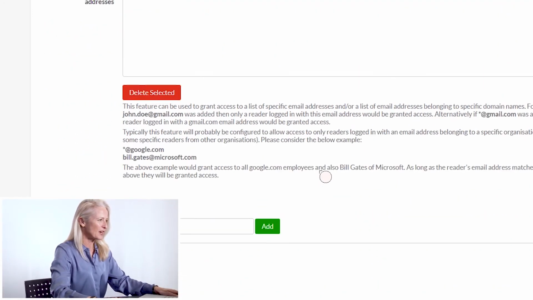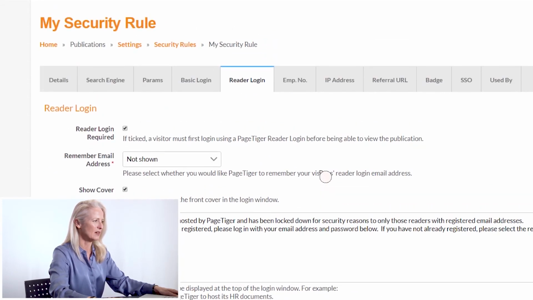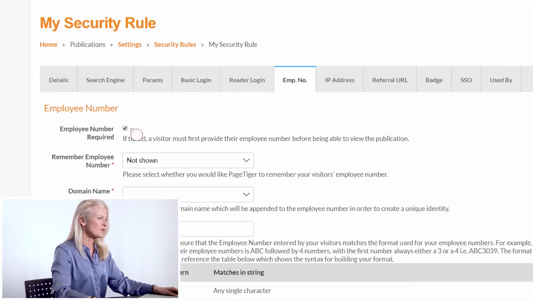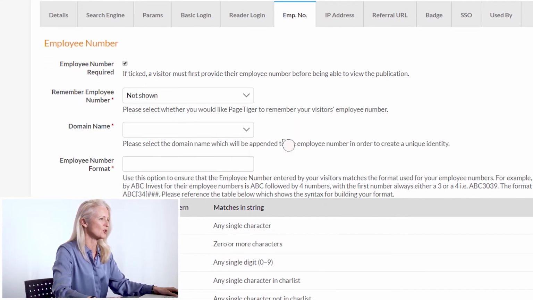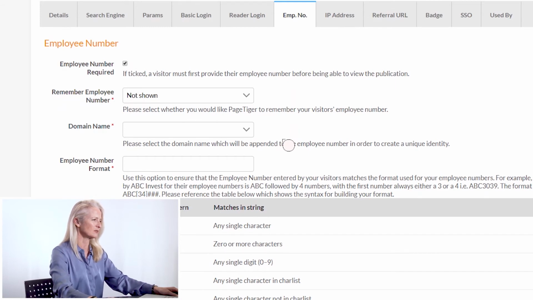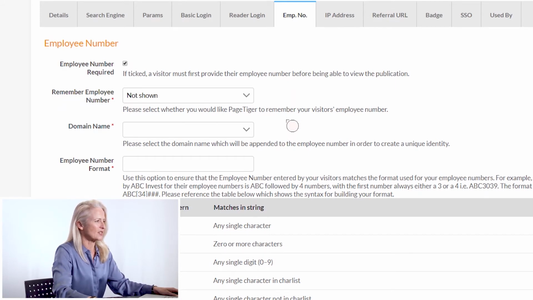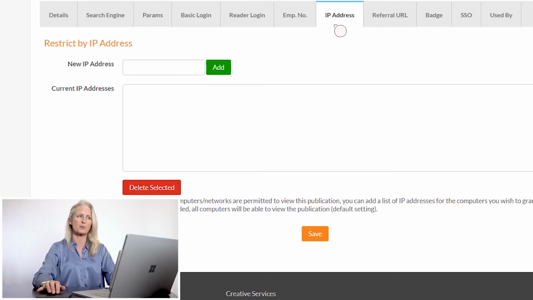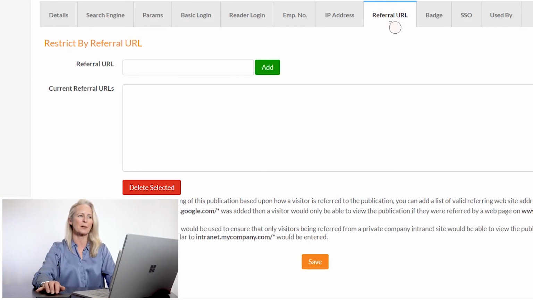But maybe not every employee has a company email, so asking for an employee or payroll number could be the solution. It doesn't provide the security, but does enable you to track results in learning material. Restricting access to visitors in specific locations by IP addresses, or to those coming from a specific web page of intranet, can be added. And you might want to only allow access to people who have been awarded a badge